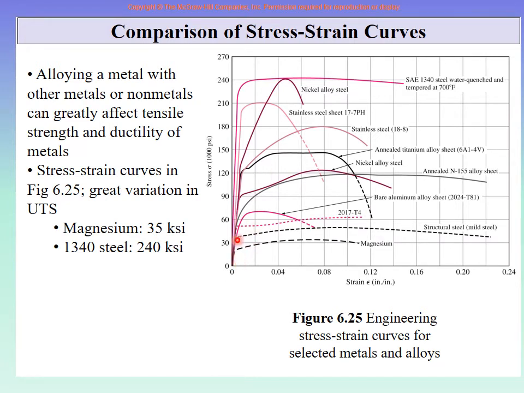And if you go there in the vertical axis, then you can compare the strength, right? This material is weak, this is a little stronger, more strong, highly strong, right? So if you go in the stress direction, then any curve which is high has a material which is very strong. If you go in the strain direction, then any material which has very big strain, this one or this one, is highly ductile. Any material which is here or here is medium ductile. But any material which is only here or only here is much less ductile, right?